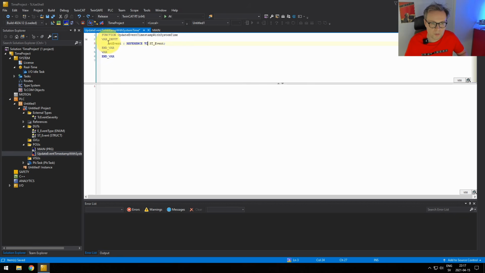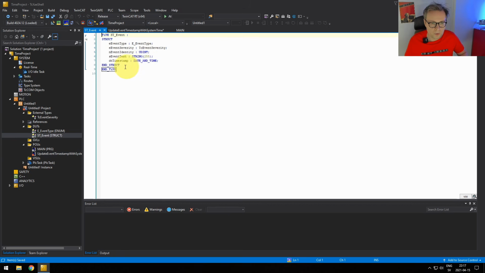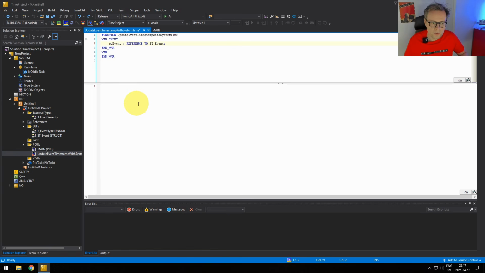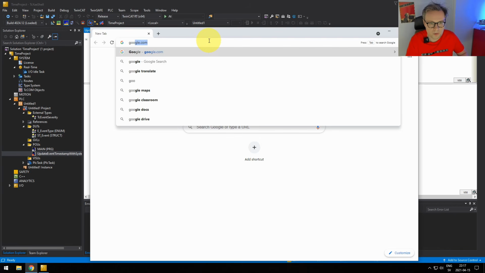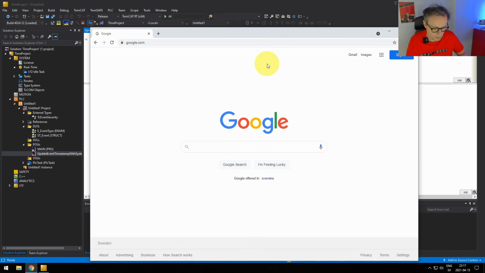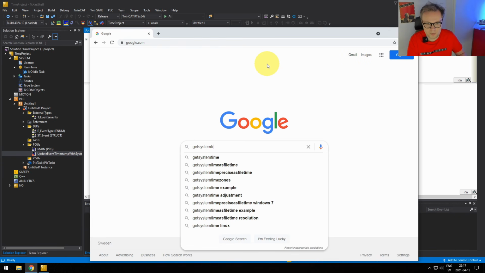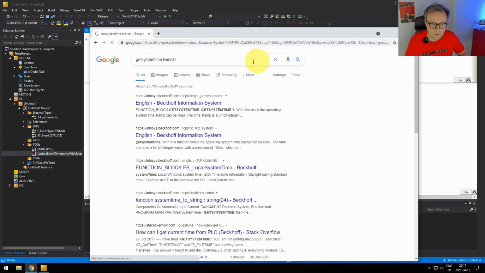Okay, so we have a reference to this, and we want to update this timestamp with the current system time of the PLC. To do that, we will use our friend Google and check what functions already exist in TwinCAT for this purpose. So Google, get system time TwinCAT.